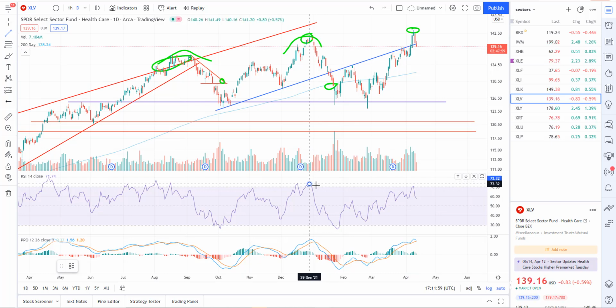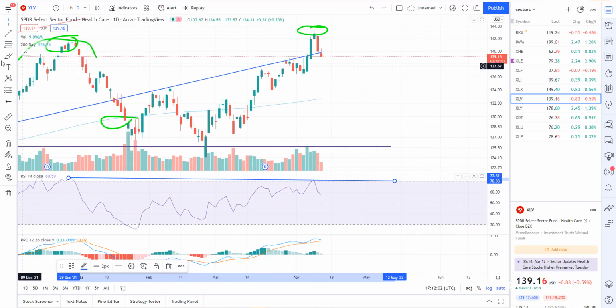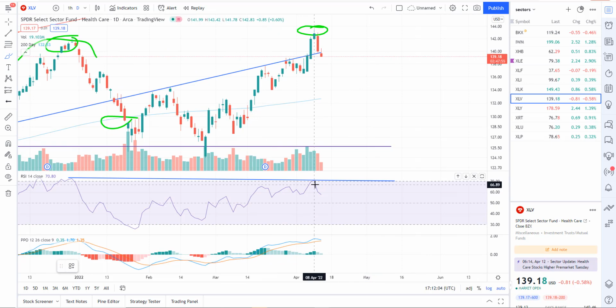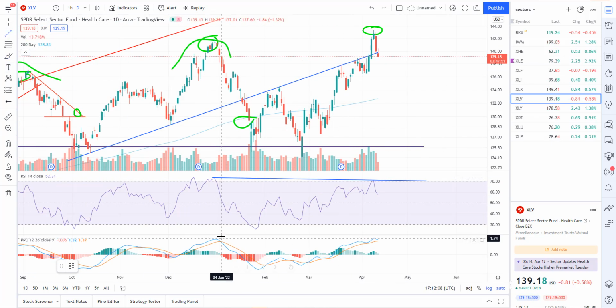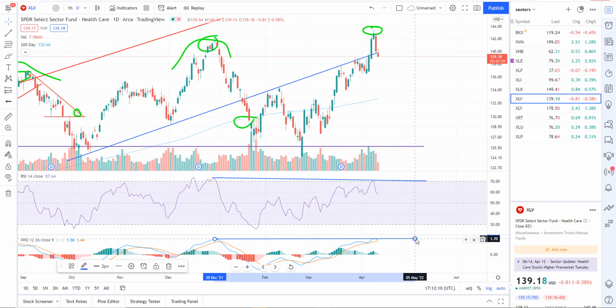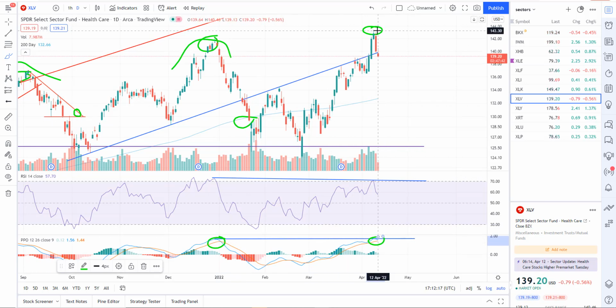There it is. All right, there's your former high, and you can see we've already put in a new peak on the RSI, so we're starting to confirm that negative divergence. The PPO has a kind of equal high right here, I believe. There's a high and there's basically an equal high, but a higher high in price. So price made a slightly newer high, but momentum made an equal high in the PPO and a lower high in the RSI. That's negative divergence, bearish divergence.